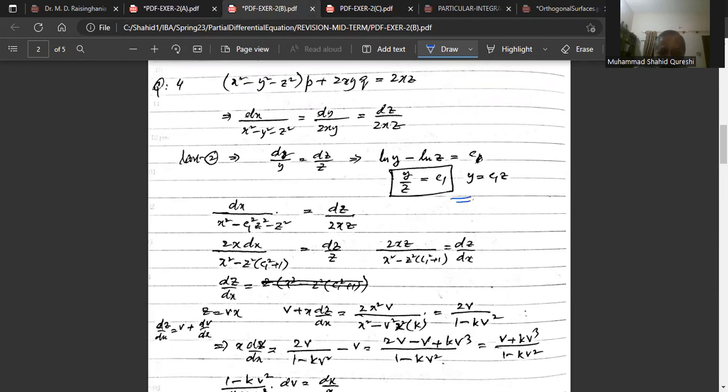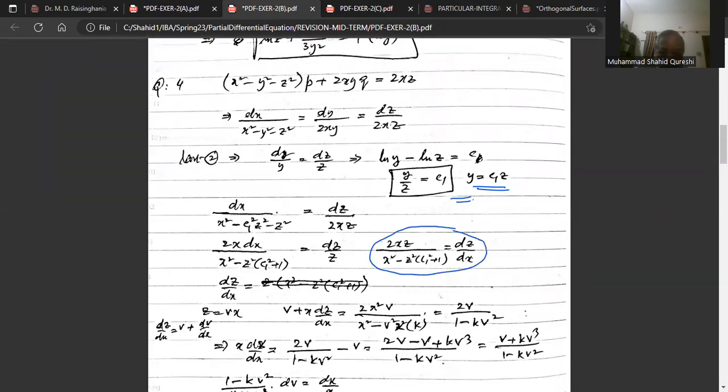So one solution is this, y upon z. And y upon z can be constructed somewhere in the first part, or I write this as y is equal to c1z. So y is equal to c1z square. And this becomes 2x taken from here, from the third ratio. So 2x dx and x square minus z square c square plus 1. Now we can write this as dz upon dx. This is a first order equation, and we see that this is a homogeneous equation. The degree of each term involved in the numerator and the denominator is 2. So the method of solving homogeneous equations